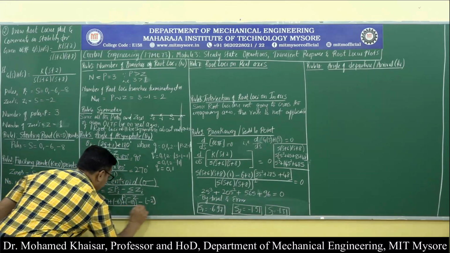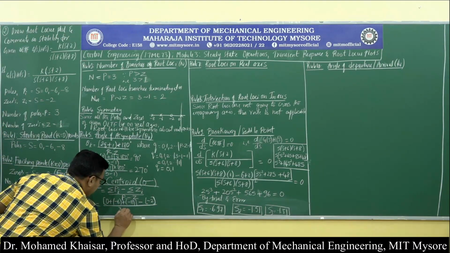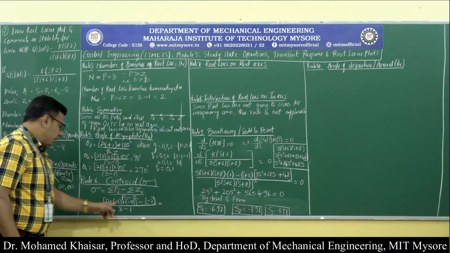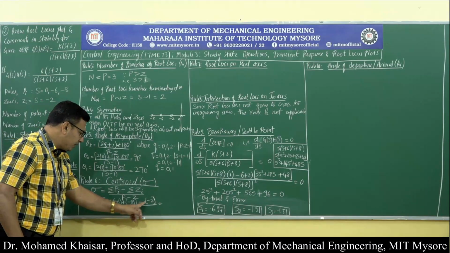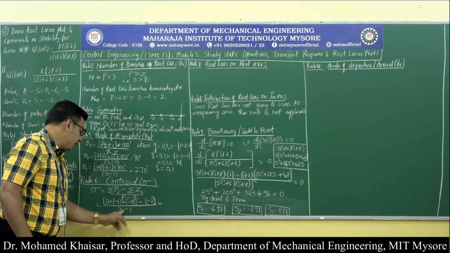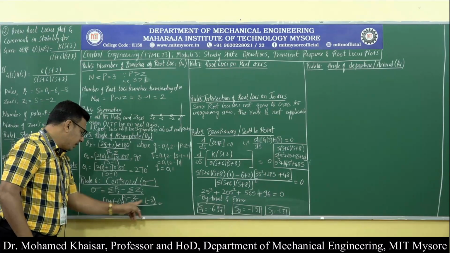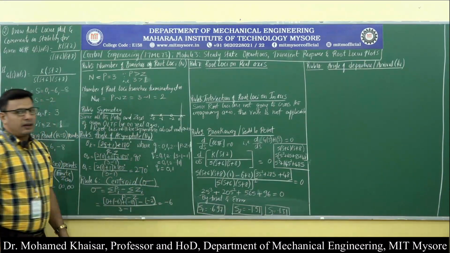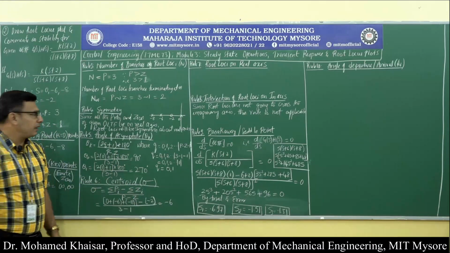I will write here, divided by P minus Z. What is capital P? 3, number of poles. What is capital Z? Number of zeros, that is 1. How much do you get? Minus 6 minus 8, it is minus 14. Minus 14 minus into minus 2 plus 2. So minus 14 plus 2, minus 12. Minus 12 divided by 3 minus 1, that is 2. So minus 12 divided by 2 will be minus 6. So asymptotic straight lines will emerge from minus 6 on the real axis.